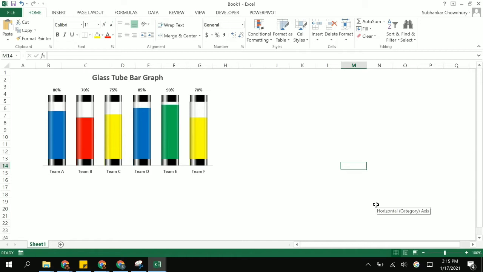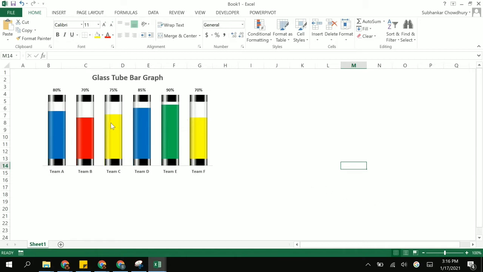So I'm starting a new series on my channel, which is about unique graphs and charts, where we will learn unique ways of presenting these graphs and charts and not following the traditional method. To start with today, we have this glass tube bar graph. It takes less than 5 minutes to put this graph in place, and you can use it to present in our business meetings, client meetings, and this can also be used in our school and college presentations. So quickly, let's go ahead and get started.